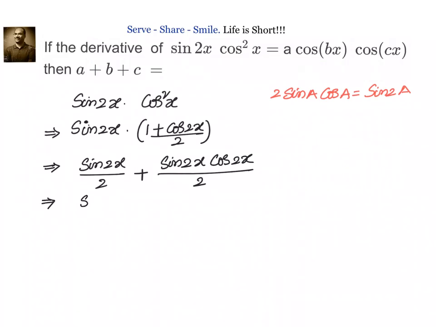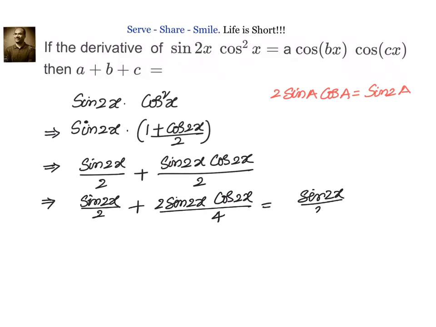This formula will help us to convert the second function into sine. So I will write down sin 2x divided by 2 plus 2 sin 2x cos 2x divided by 4, that is equals to sin 2x divided by 2 plus sin 4x divided by 4. Now once we are able to get the left hand side in terms of sine and sine, let us go ahead and differentiate it. So we'll write down d by dx